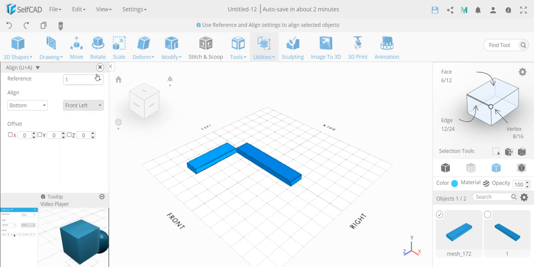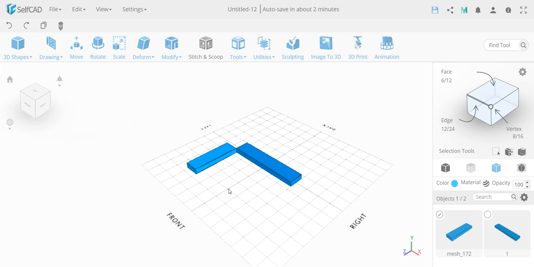So it's aligned to front left. So now I'm going to create the copy. While this is still highlighted, I'm pressing down Control or Command, and you drag it. You want to drag while you see the green line. If you move away, the green line disappears, which means it's not aligned. The same thing if you move this way, but if you keep the green line, you see it basically